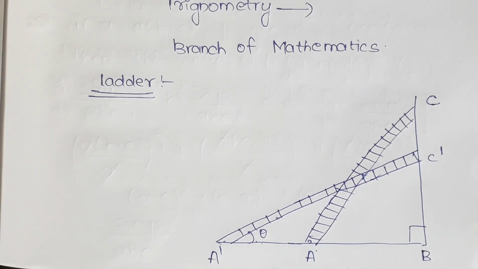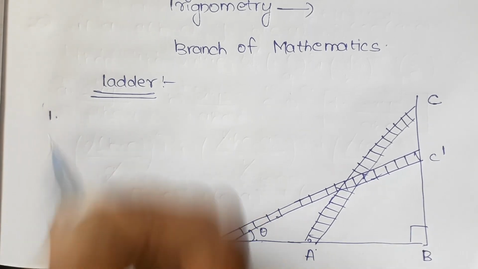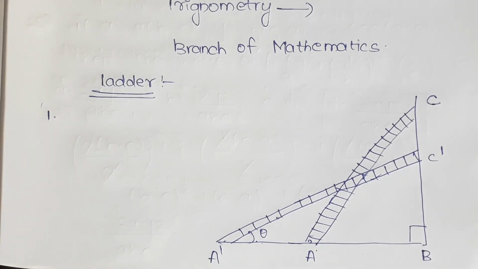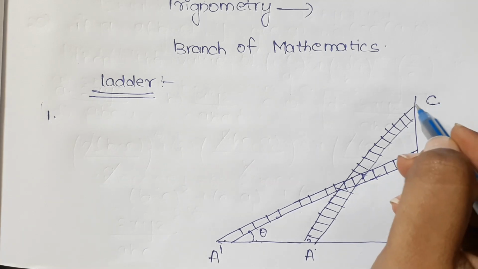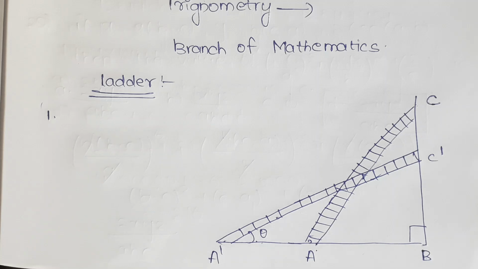Now here we have two points. If the person wants to whitewash at a higher point on the wall, then what happens to the angle made by the ladder with the ground, and what will be the change in distance AB? And the second point is if the person wants to paint at a lower point, then again what will happen, as in the previous case, and what will be the change in distance?